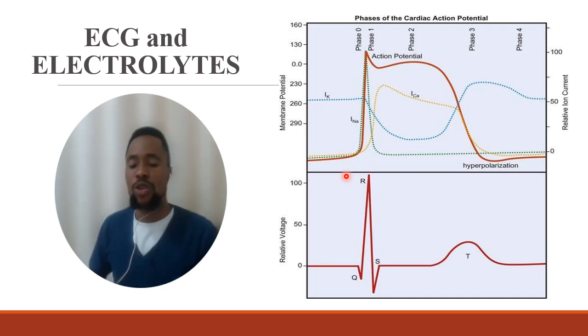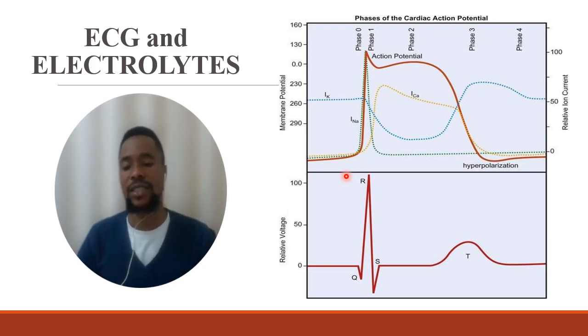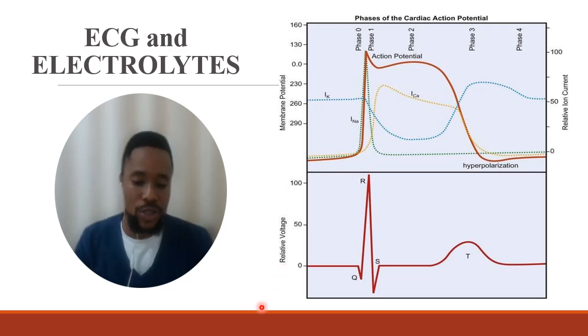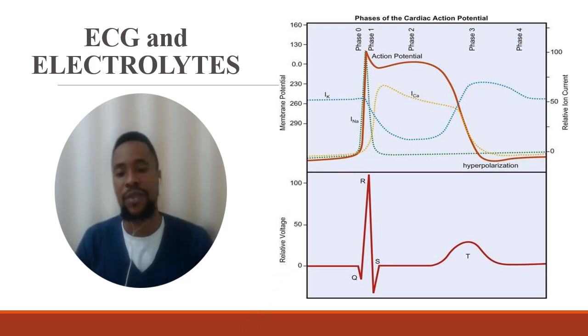Now, what really happens in the heart during action potential for the heart to actually contract? So look at the screen here. This is what we call the action potential curve. You can see this action potential curve. It has 4 different phases. It has 5 different phases, sorry. It has the phase 0. The phase 0 is this long part, which initially starts from